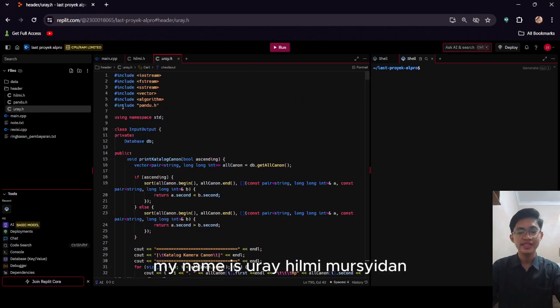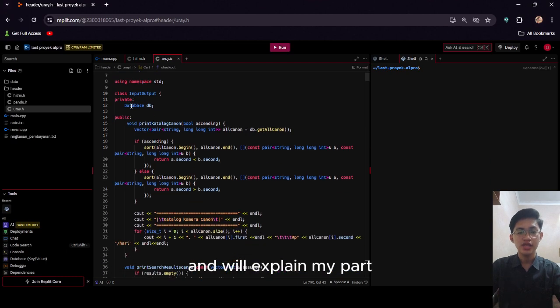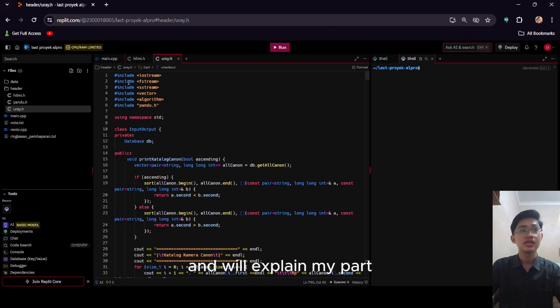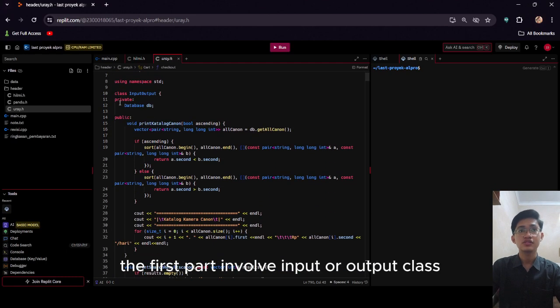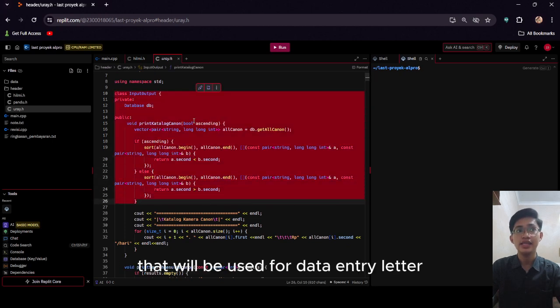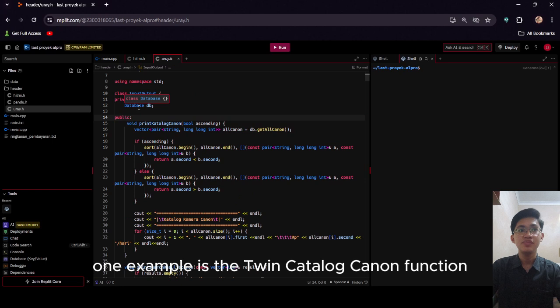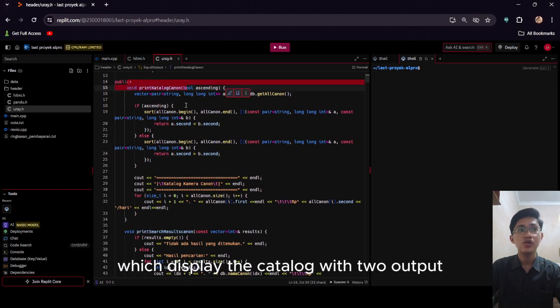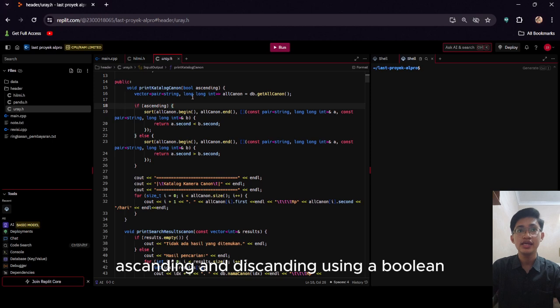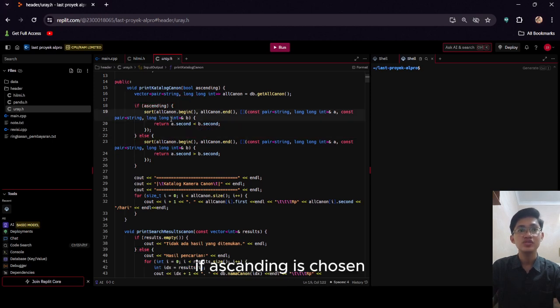Okay, thank you. My name is Uray Hilmi Mursidan and I will explain my part. The first part involves the input or output class that will be used for data entry later. One example is the print catalog Canon function, which displays the catalog with two outputs, ascending and descending, using a boolean. If ascending is chosen, it will select the first condition.